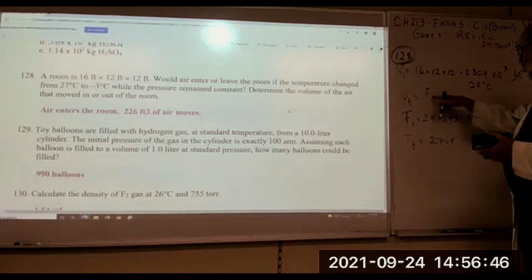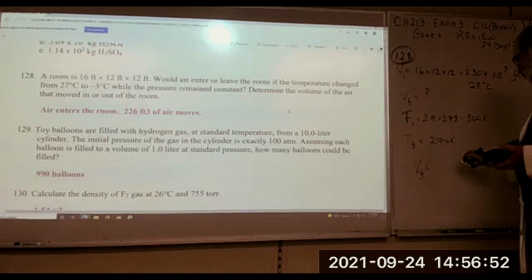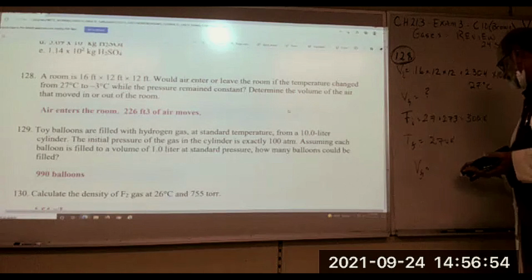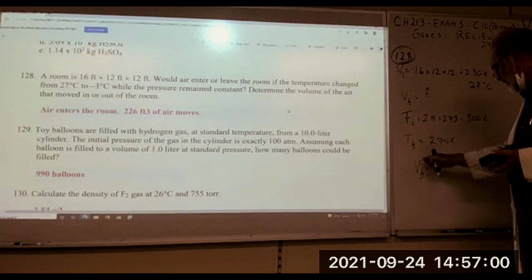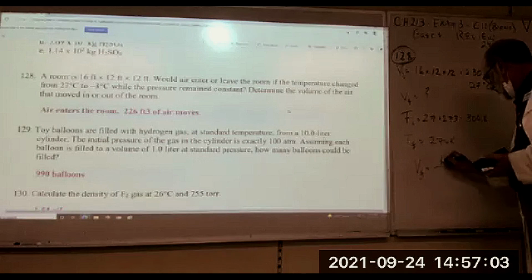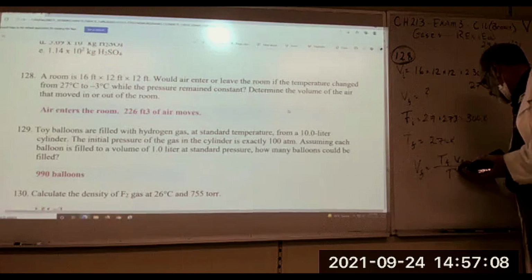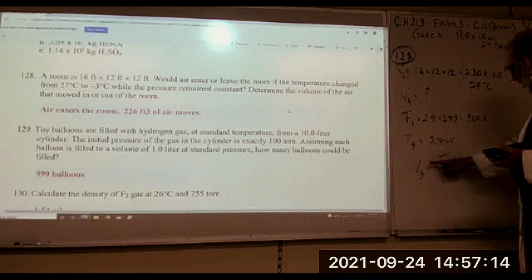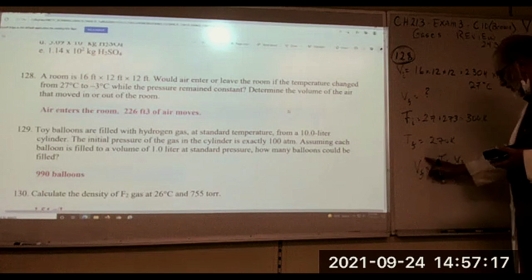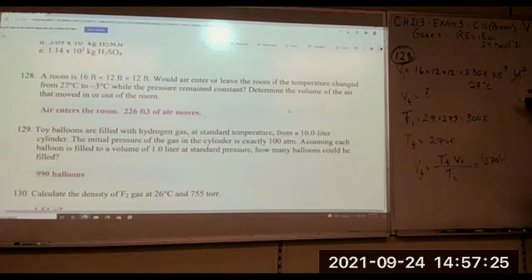So this value here is going to be, let's see, it's V over T. That leaves V here. So now we have T final, volume initial, and T initial. Right? V over T, V over T. So T comes over here. Okay. So this is 270 times the initial volume, which is